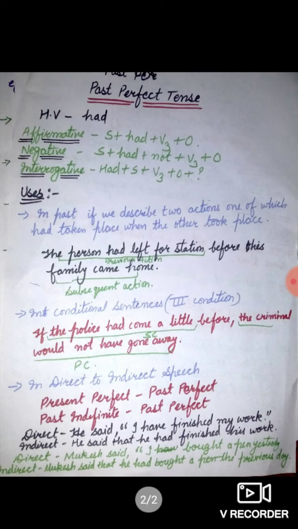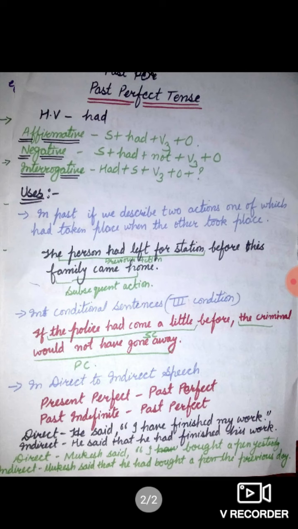And in past perfect tense, it is the third condition. In the third type of condition, past perfect tense is used, which we call improbable, meaning impossible condition. If the police had come a little before, the criminal would not have gone away. If the police had come a little before, this is